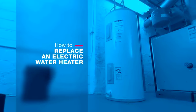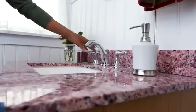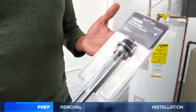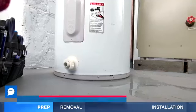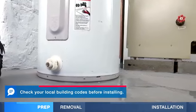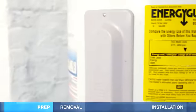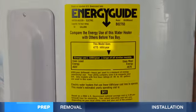Here's how to replace an electric water heater. Actually, if you're just not getting hot water, it could be a damaged heating element. But water on the floor means you'll need a new tank. The data label on your current tank has size and energy specifications, which are helpful to know when buying a